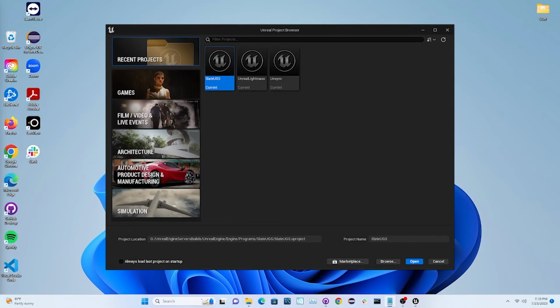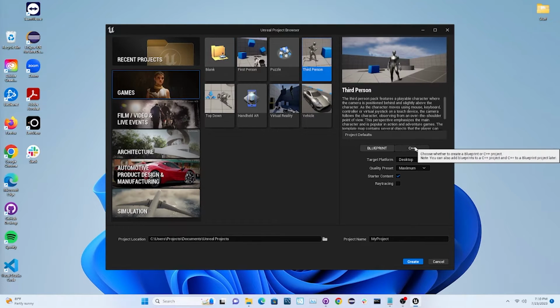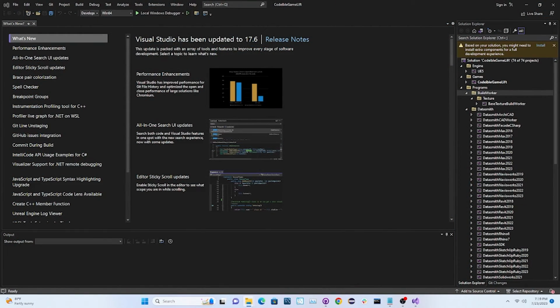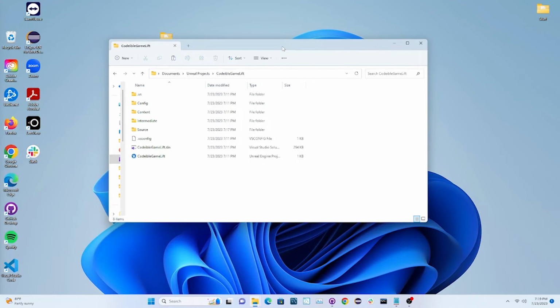Once the editor is open, create a third-person C++ project. It should open Visual Studio. The next step is to create the server target build file for the project. Close Visual Studio and navigate to the directory of the project. Click on Source